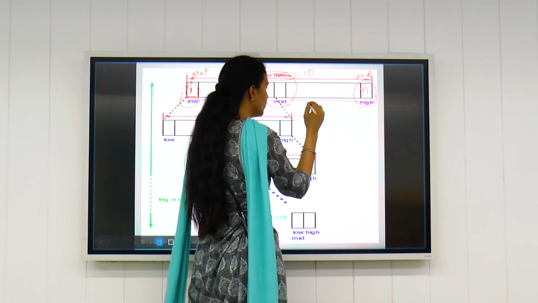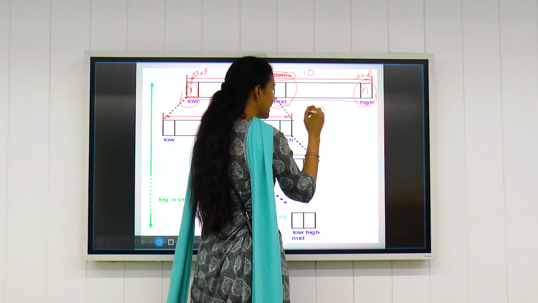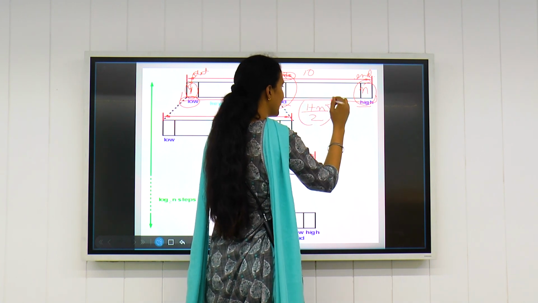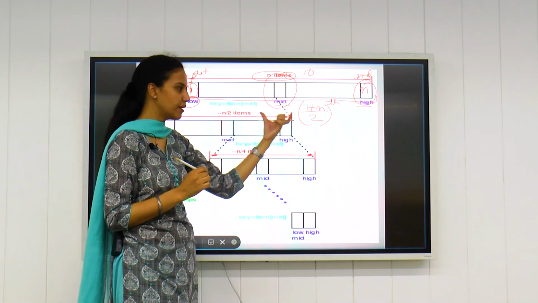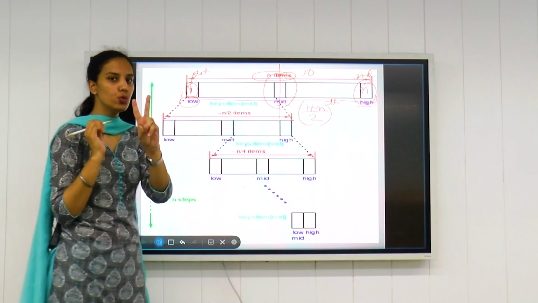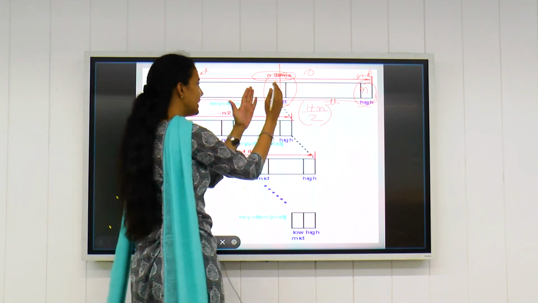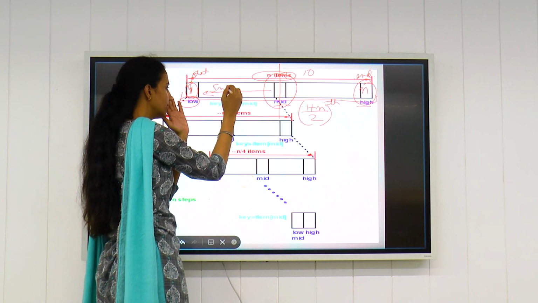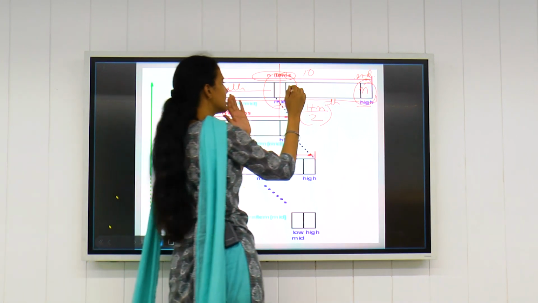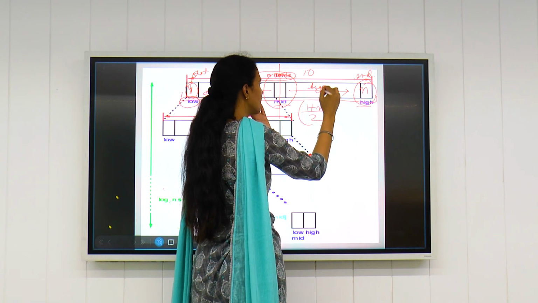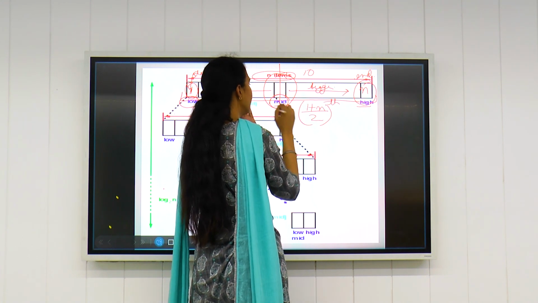So the middle value will be (1 + n) divided by 2. This is how we find the middle location. That means we'll divide this whole list into two equal parts. The elements before the middle are all smaller, and all the elements after the middle element are greater as compared to the middle value.